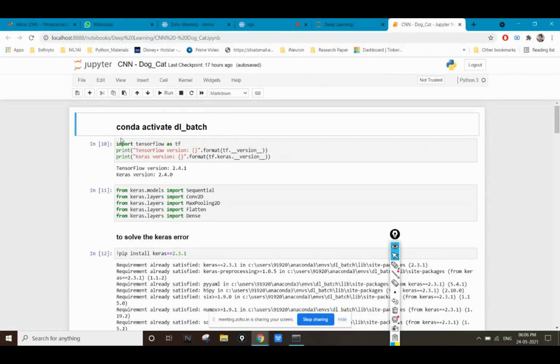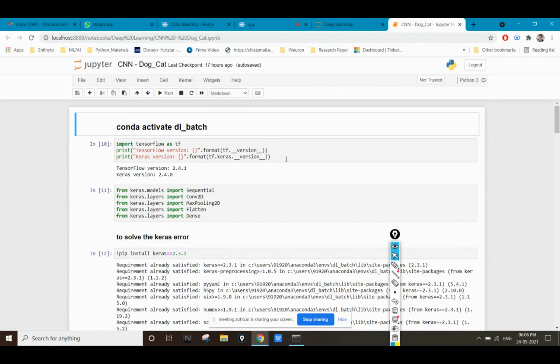After today's class, I will also provide you an assignment in which you have to use the face dataset which you have already created and already used in PCA. You have to use that particular dataset to classify images.